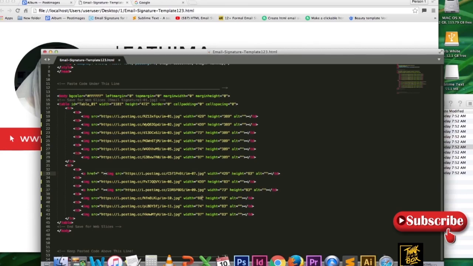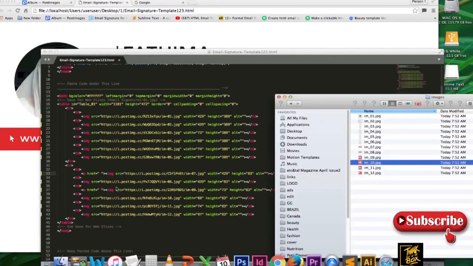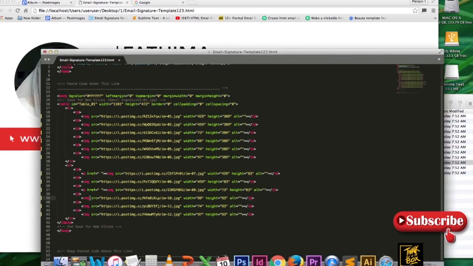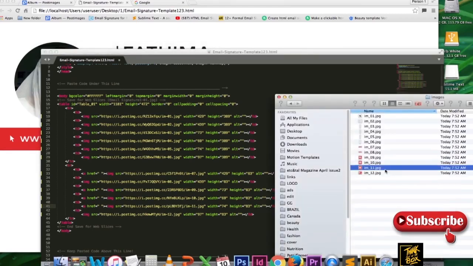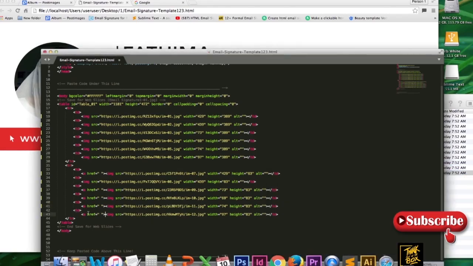Whichever part you want to click, make sure you check the file name, then you have to add the code in that exact place. Now I'm going to add it to image number 9.